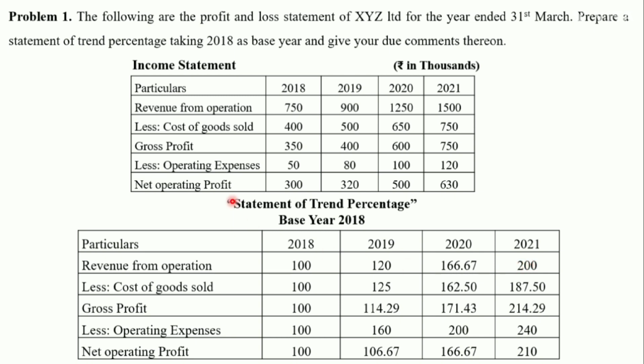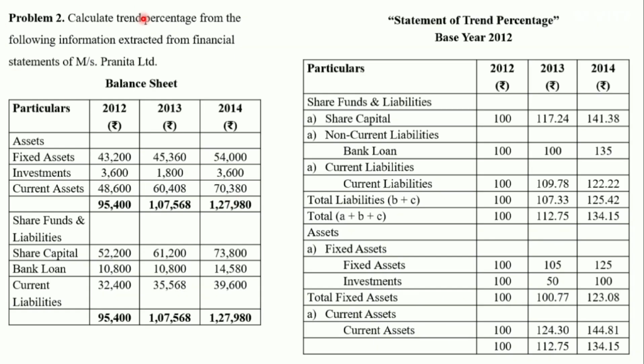Okay, this is the statement of trend percentage or income statement trend percentage. Now we are going to see the same trend percentage analysis for the balance sheet. See, this is the problem. Calculate trend percentage from the following information extracted from the financial statement of MS Pranita Limited. This is a balance sheet given. In balance sheet, assets, liability and owner's equity is given for